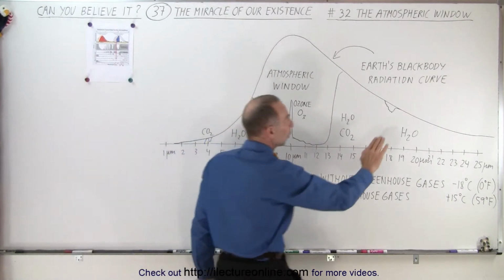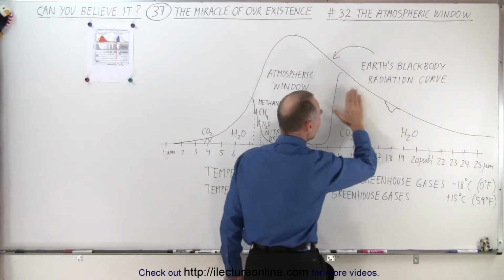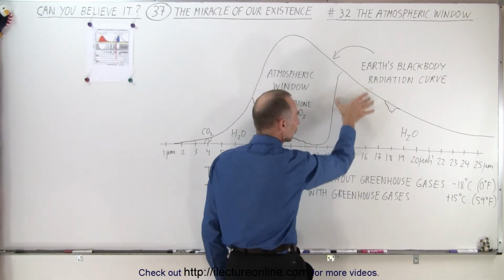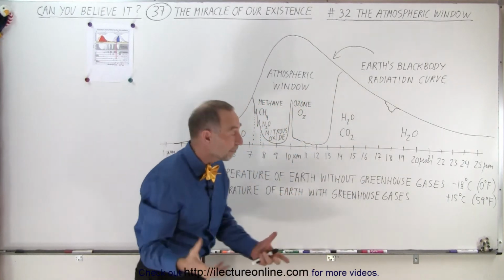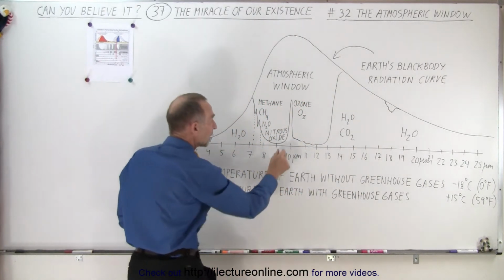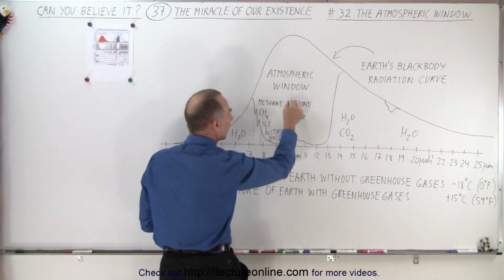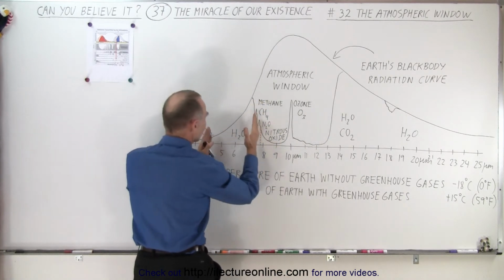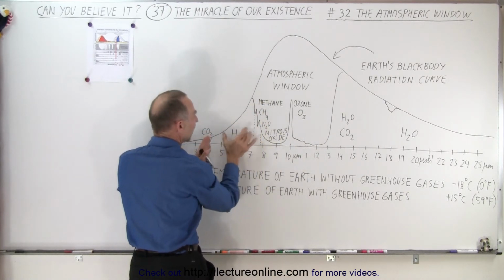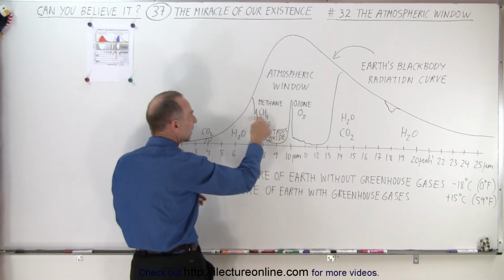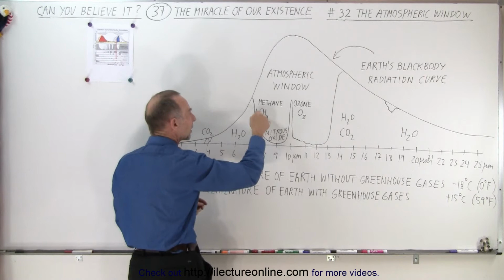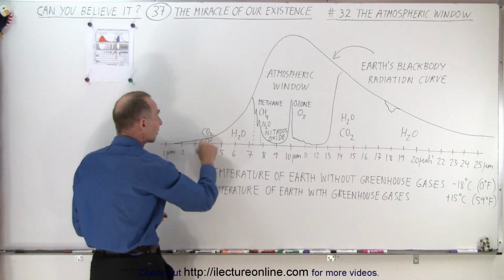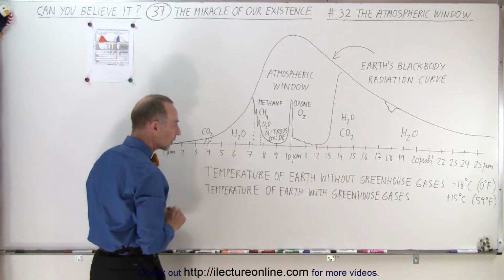Notice that water vapor will hold back all this energy right here and a big portion of this energy right here. The remainder of this energy is taken up by carbon dioxide, so there's an overlap here between what water vapor and carbon dioxide do. Over here we have this small little thin region that's held back by ozone, O3 molecules. And then here we have again a large portion of this radiation, which is held back by water vapor, and some of it is held back by methane and nitrous oxide. So there's an overlap here between water vapor and methane and nitrous oxide. And then over here we have another band that's held back by carbon dioxide.